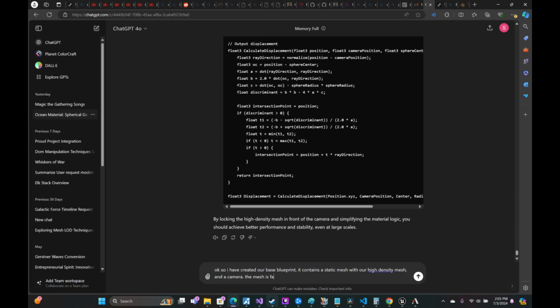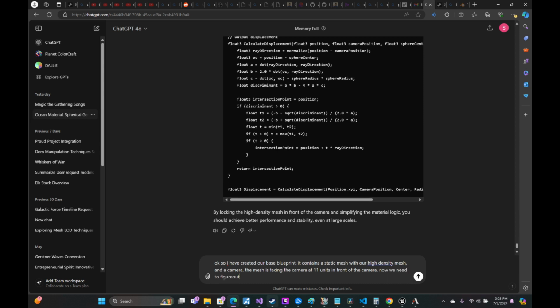The mesh is facing the camera at 11 units in front of the camera. Now we need to figure out how to properly scale